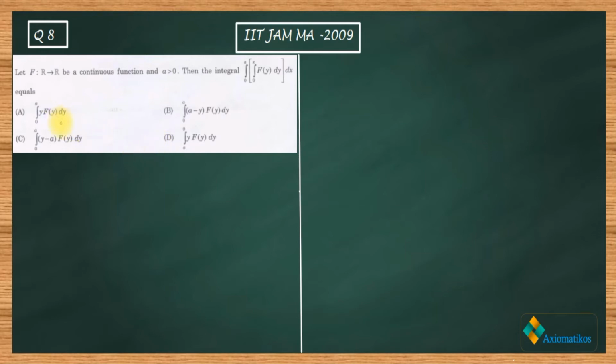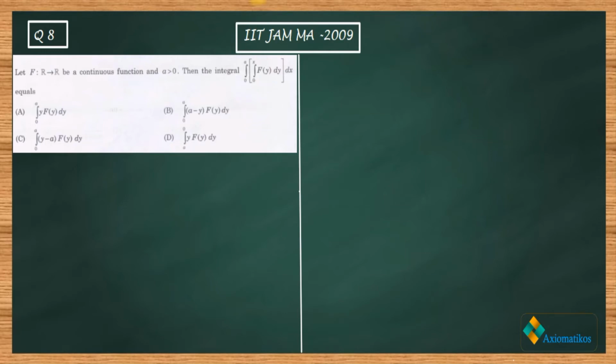In the options, they are writing everything in terms of dy. That means the x part has already been integrated. Since it's in the first place, in the integral that you got you have to integrate y first, but in your answer they have integrated x. That means you have to change the order of this integration.